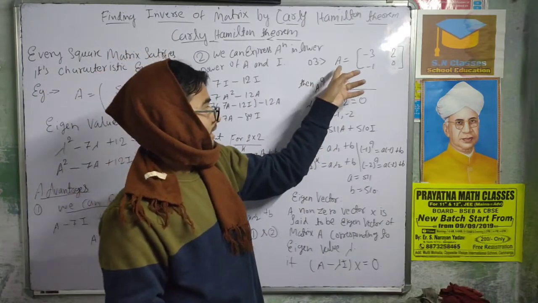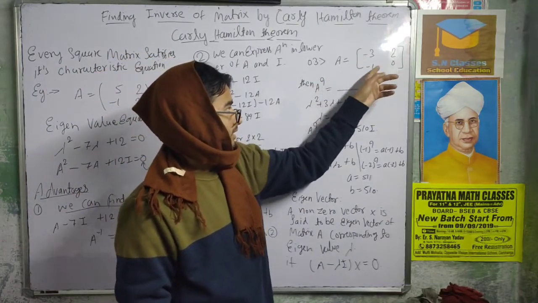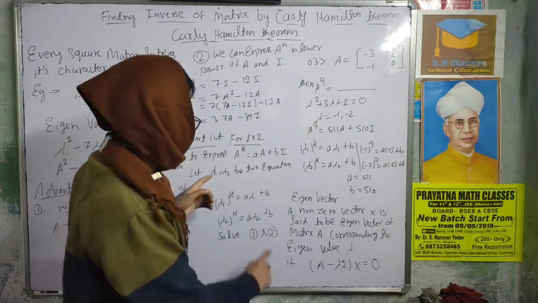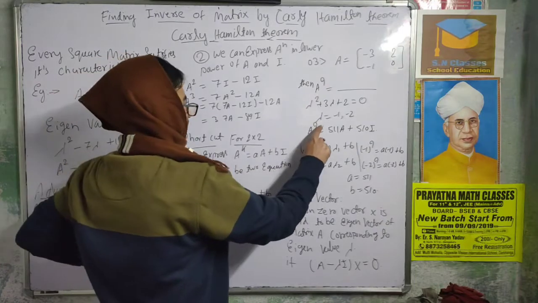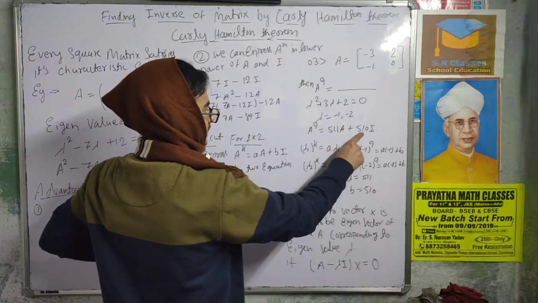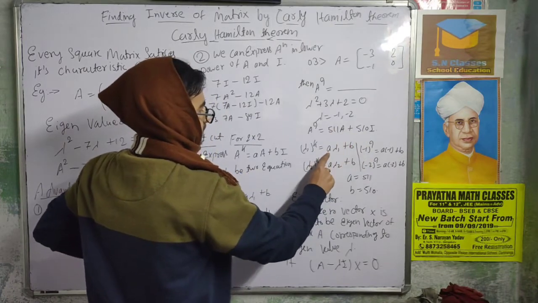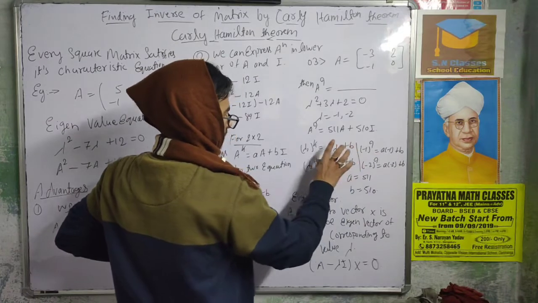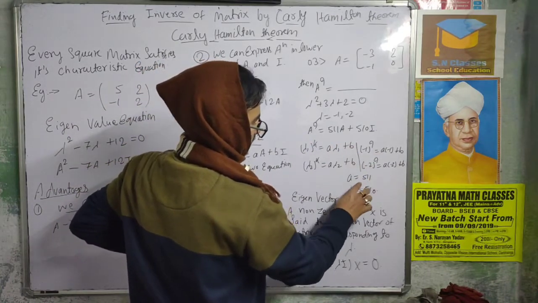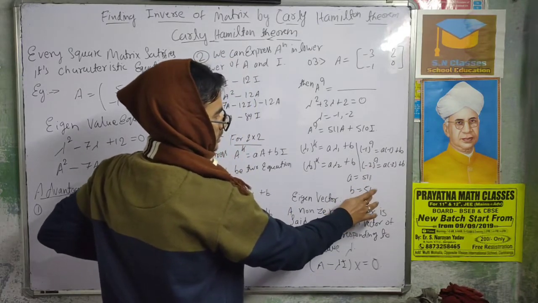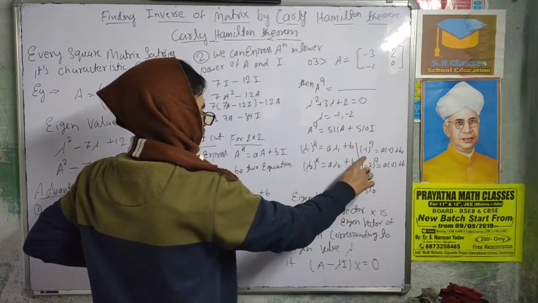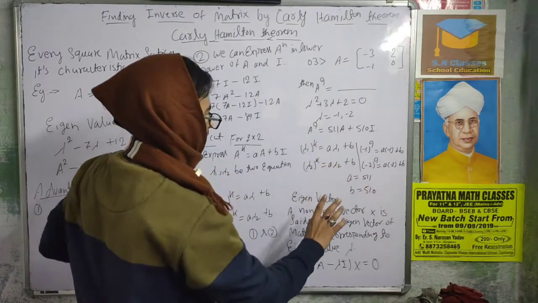Say, for example, a matrix is given as minus 3, 2, 1 and 0, and we need the value of A to the power 9. To find this is very easy, because we have learned this formula now. A to the power 9 equals a times A plus b times I, where a and b are unknown. Using lambda 1 to the power k and lambda 2 to the power k, solving these two equations, you will get a as 511 and b as 210. The only thing you know is the lambda values, minus 1 and minus 2. You substitute here, you will get the answer.